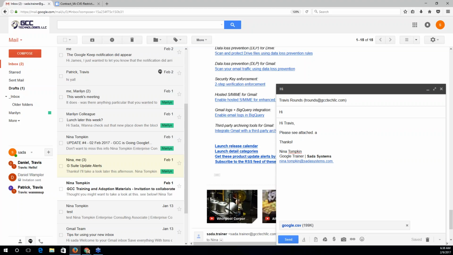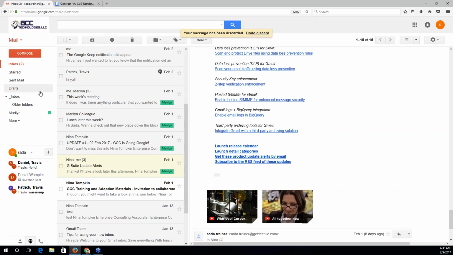Now, in order to wrap up this new message, I don't want to email Travis after all, so I'm going to use the trash can icon to again discard my draft. Note, though, that if I was to use this X in the upper right-hand corner of my new message window, then this would close the window down, but it would still save it in my draft section. So I will discard it completely. Now you'll see that draft ticker has gone away.